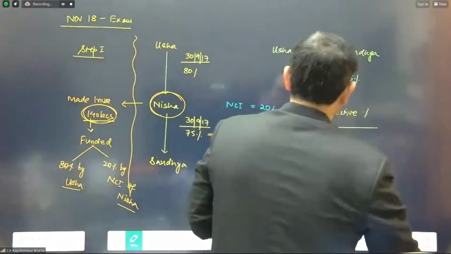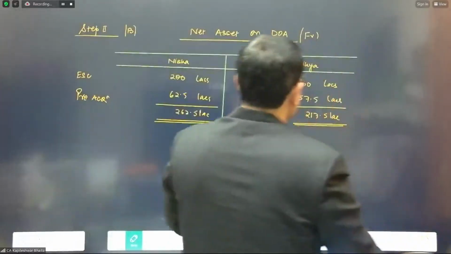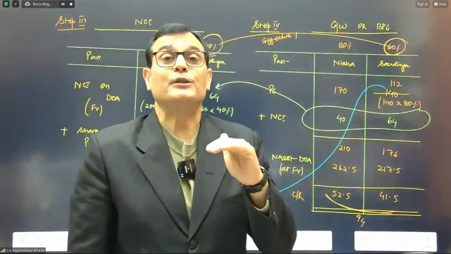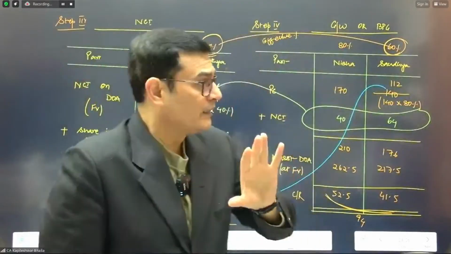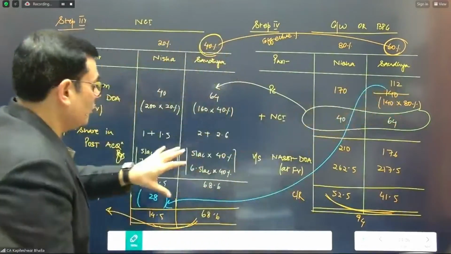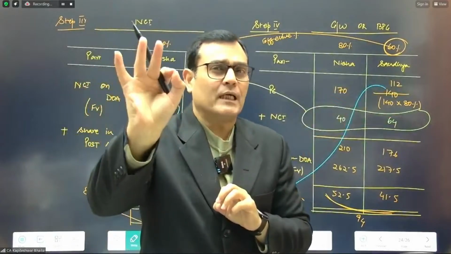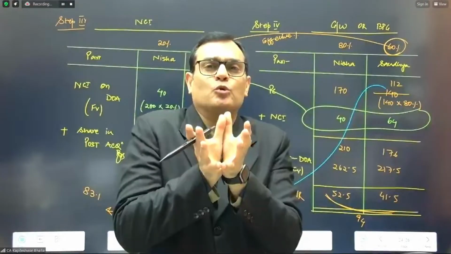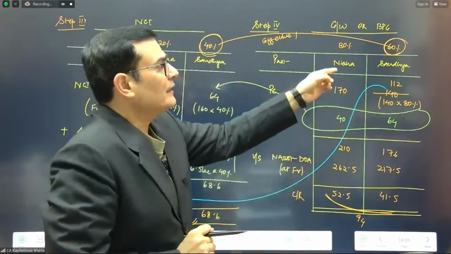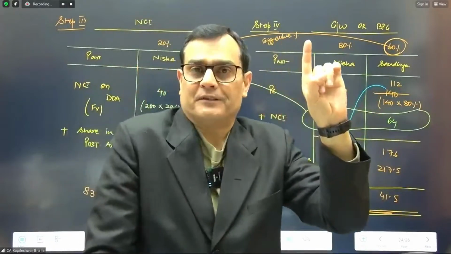Now let's go further. There is nothing technical in terms of step number 2A or step number 2B, but when I came to the goodwill and the NCI calculations, we need to understand something. So let's first understand why 80% here, and then let's understand why 20% reduction from here. Now, since we are looking at the calculations that Usha has got effectively what percentage in Sandhya, we're looking at the goodwill or the bargain purchase gain from Usha's perspective.